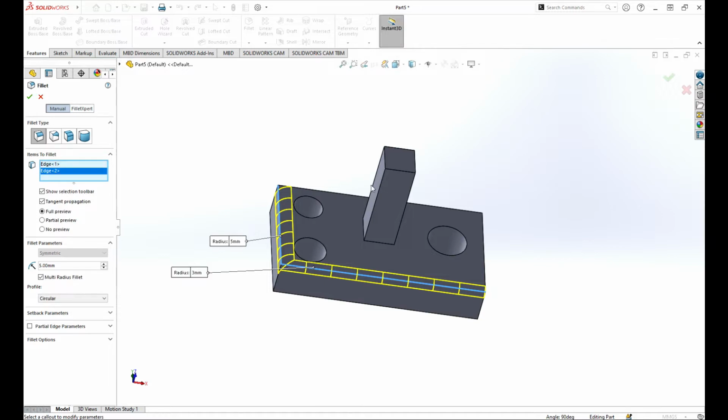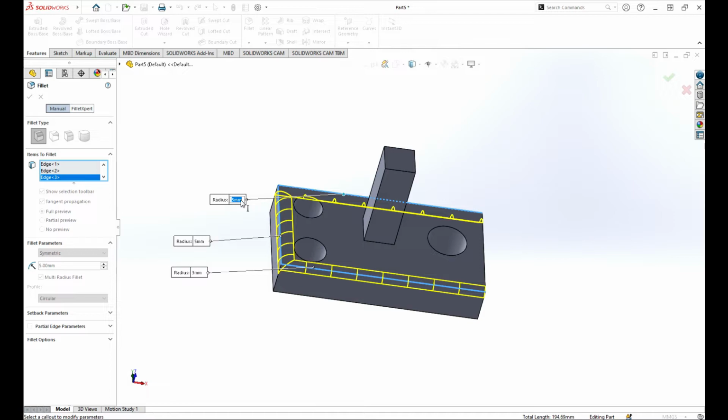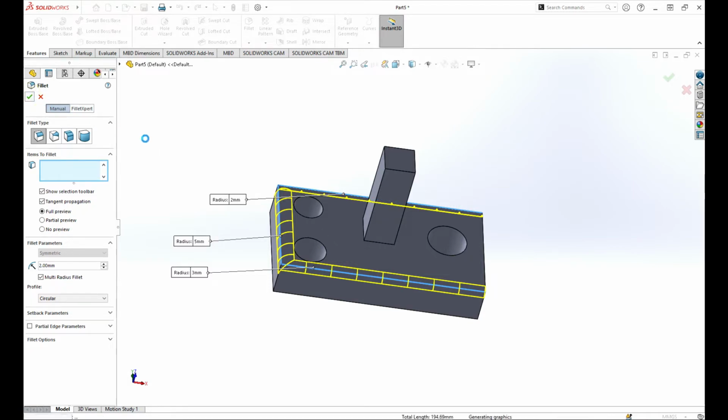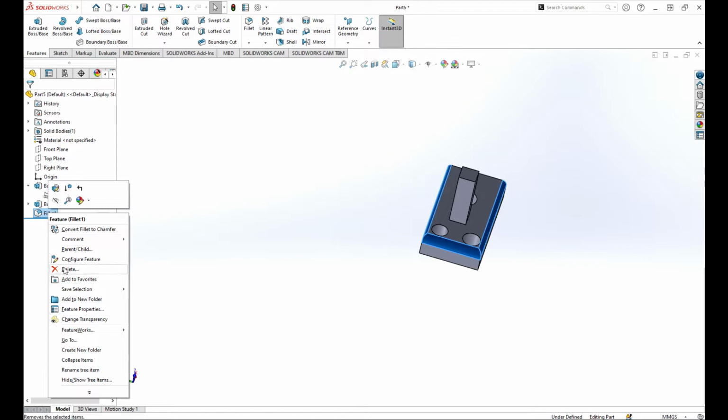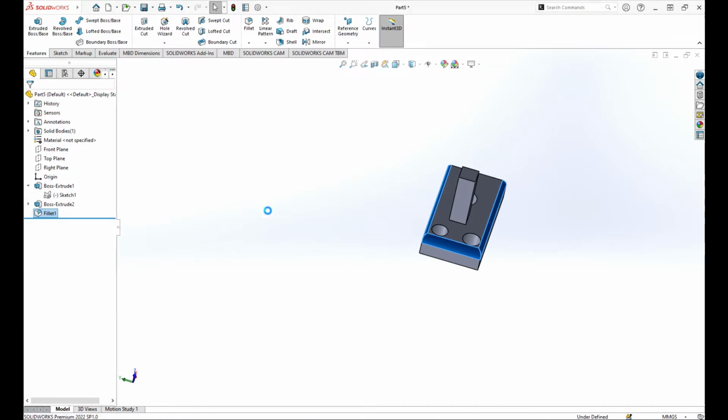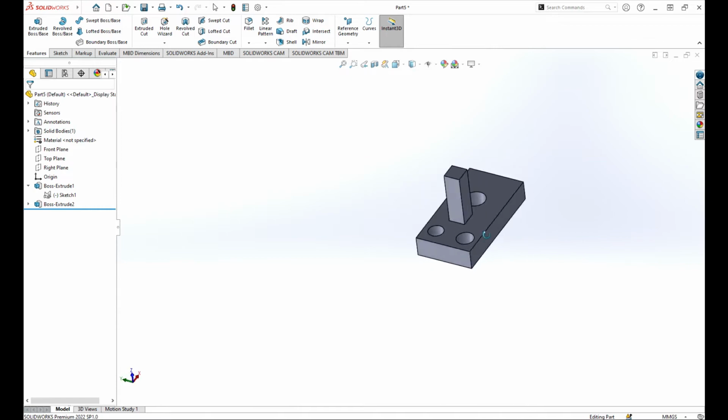on the same property manager without exiting and confirming. You just enter values and you have the preview and see how they will work. Just click outside that area, then you'll be able to confirm your inputs there. So that's how the constant size fillet works. Let's go ahead and delete this. The next bit I want to explain is the